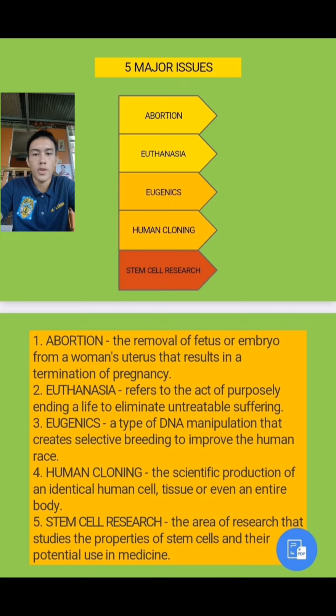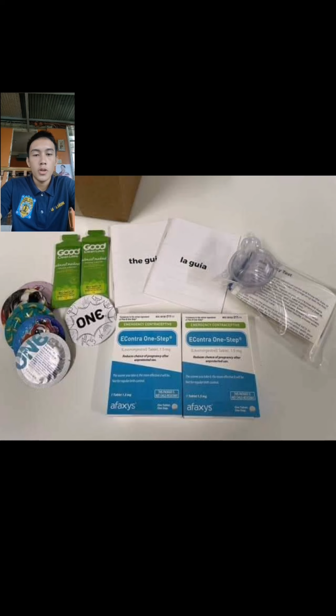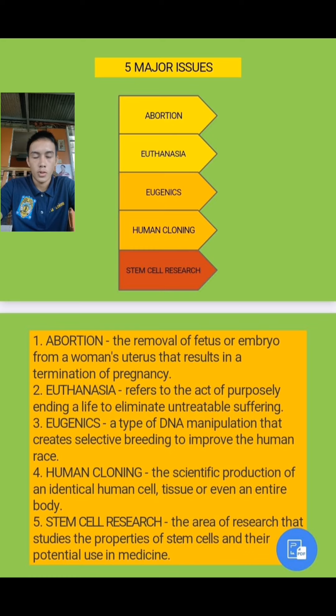issues. So what are the 5 major issues? 5 major issues means important or serious topics or problems for discussion. So these are the 5 major issues. First one is abortion. Abortion is a removal of a fetus or embryo from a woman's uterus that results in a termination of pregnancy. And the second one is